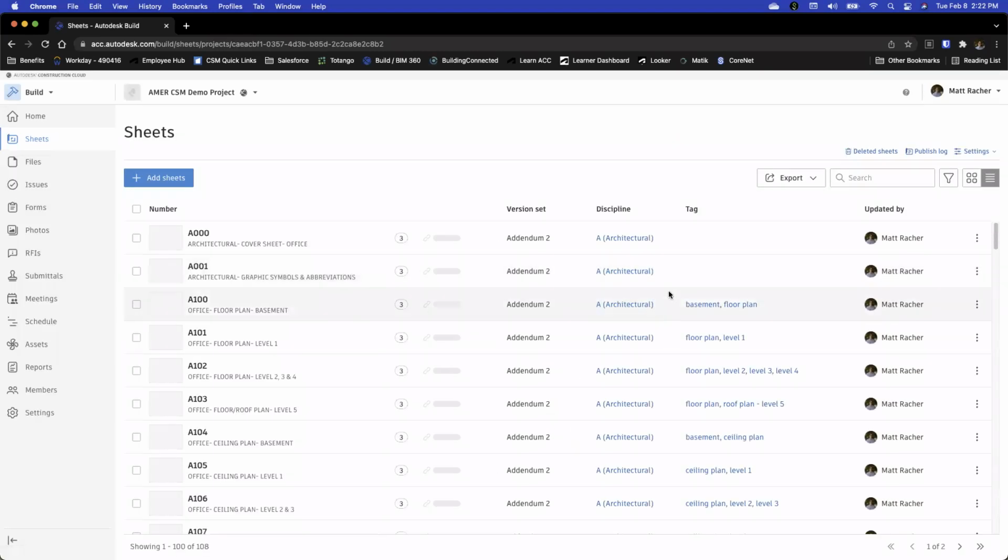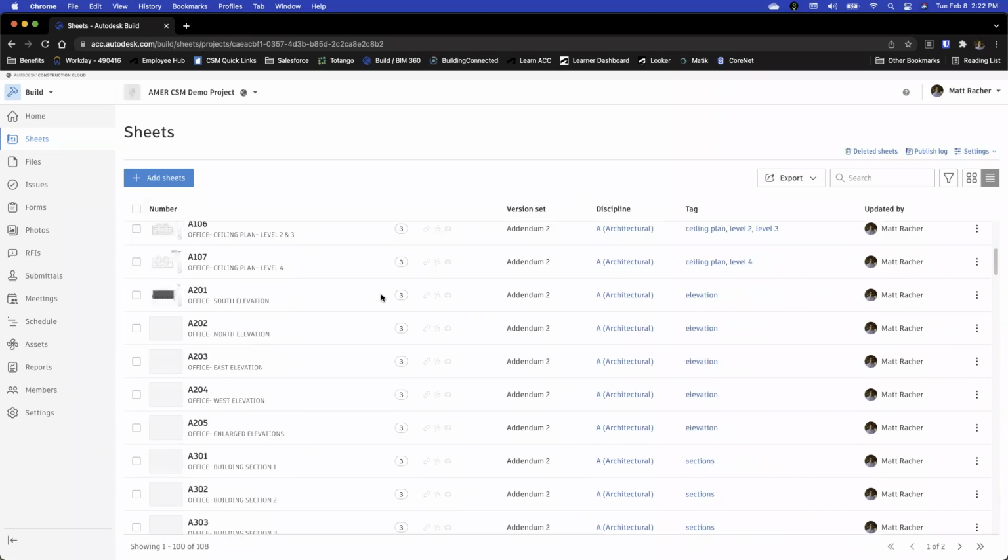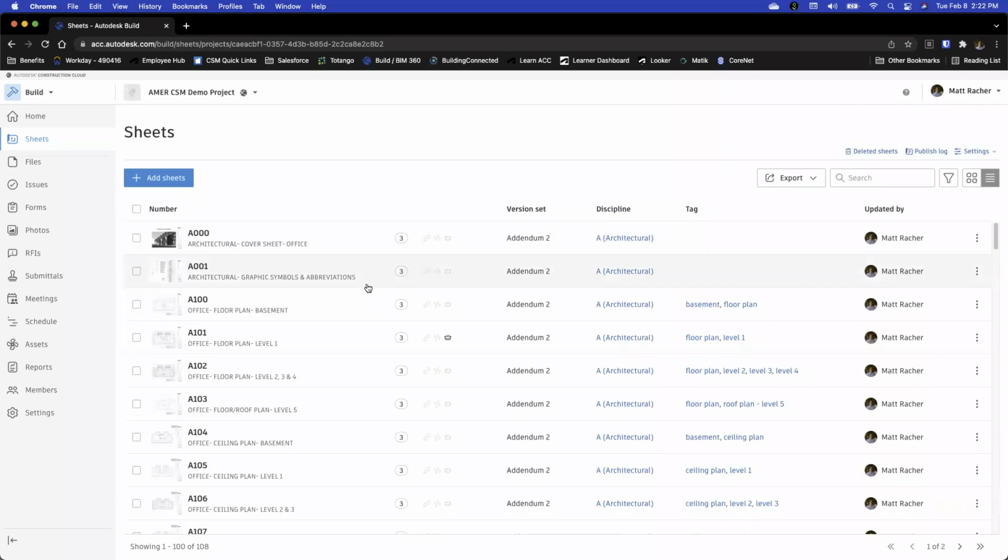Document managers can use the Sheets tool to publish and distribute sheets for use in the field. Everyone with access to the product has access to Sheets. So you are ensuring that your team has access to those latest drawings anytime with auto sync to your mobile device. So you'll see here that there's already a good handful of sheets that have been uploaded to the